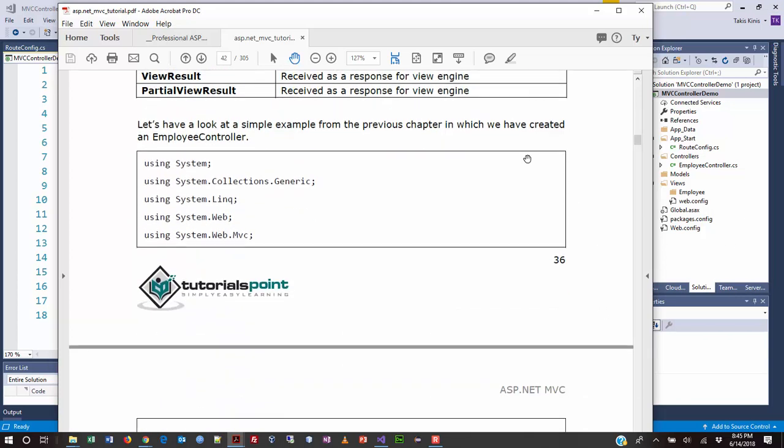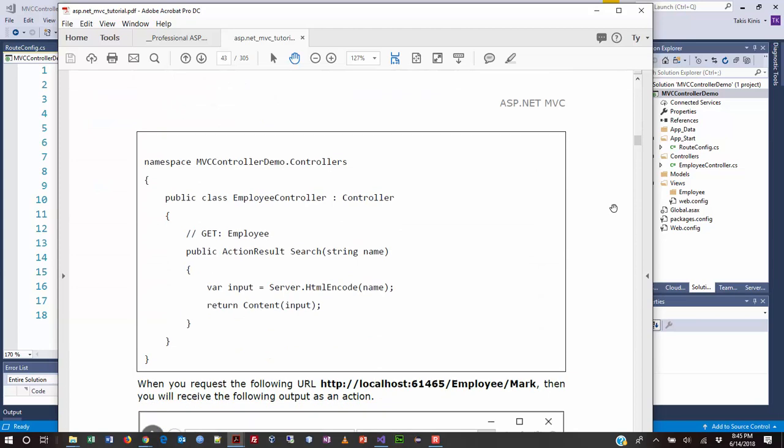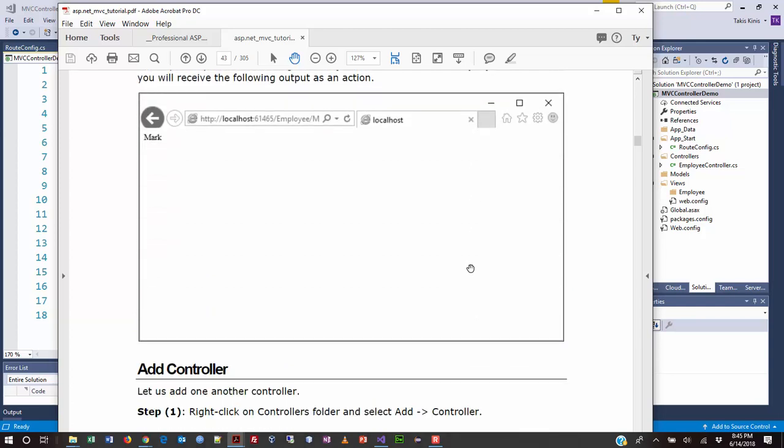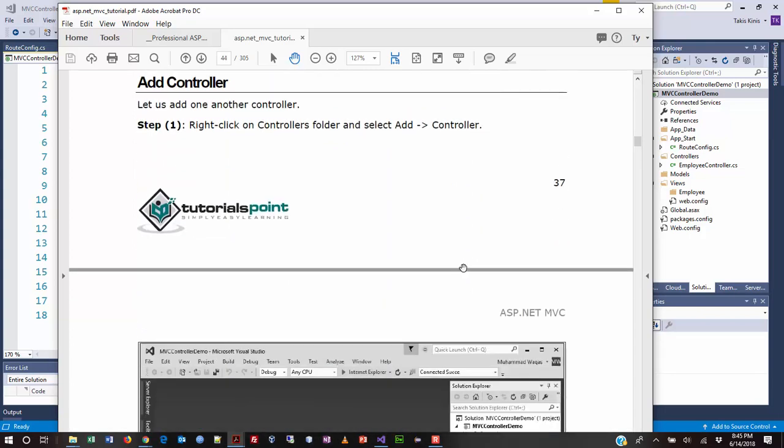All right. So now he's asking us to look at an example from the previous chapter, where we set up this employee thing that we just did, right? Where we grab that URL and it goes into a search string, gets stored in a variable, and then we just put it back up on the screen. So he has you do that process again. You want to run it again? Go for it. But let's take it up a notch now